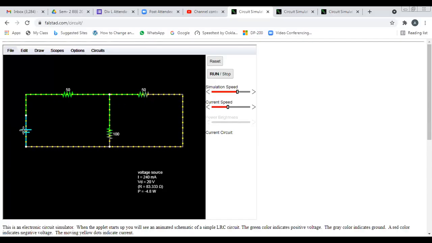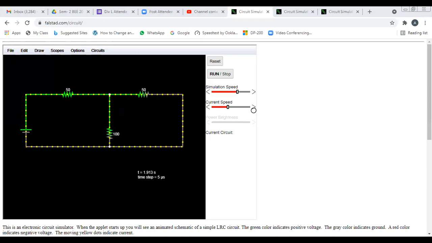Okay, now we'll verify the KVL. What is the KVL equation? E1 is equals to V1 plus V3. See, what is V1 for first reading? 12 volt. Okay. What is V3? 8 volt. Okay. And 12 plus 8 is what? 20 volt. And that is even. So 20 volt is equals to 20 volt. So RHS is equals to LHS.